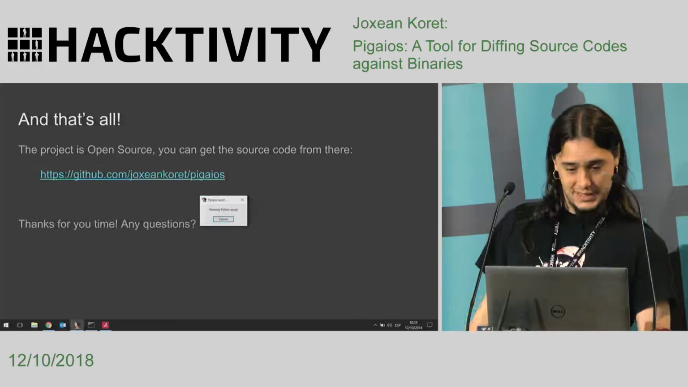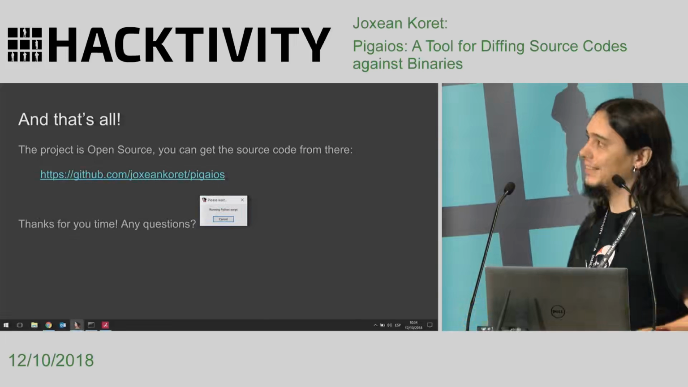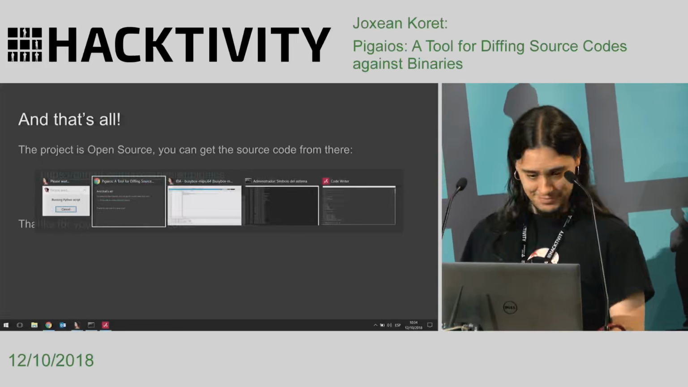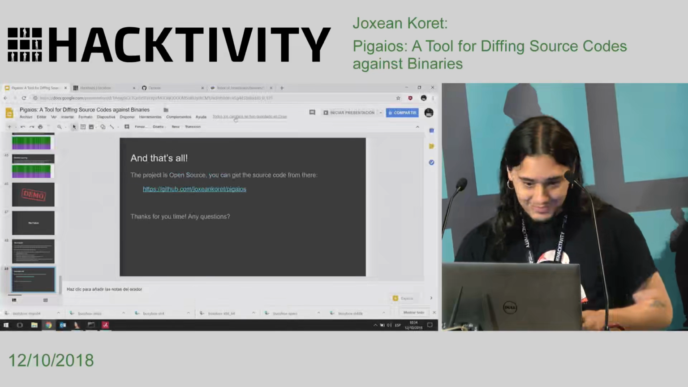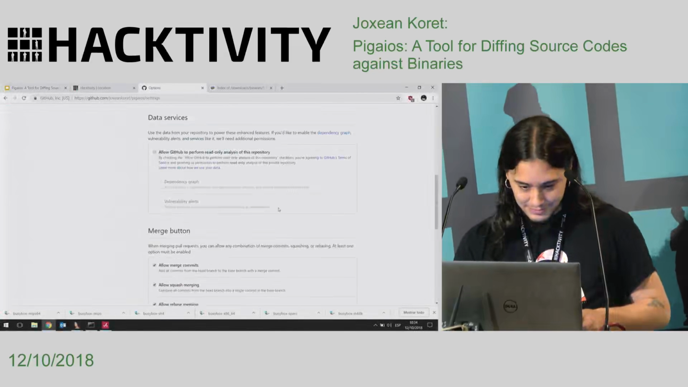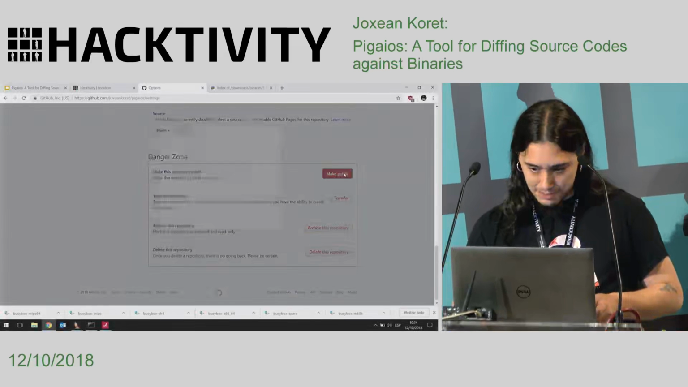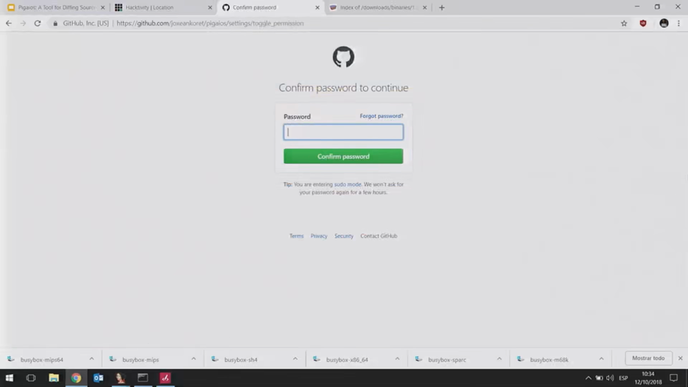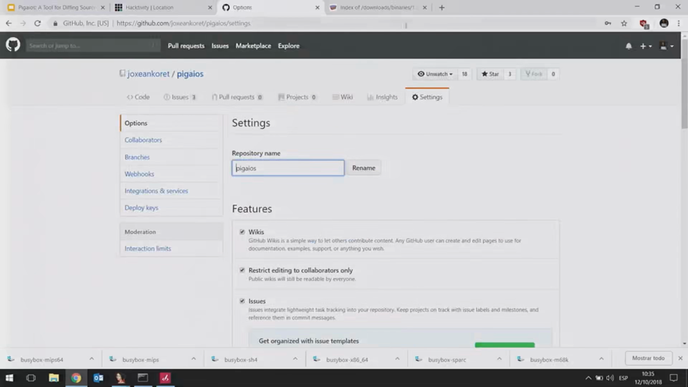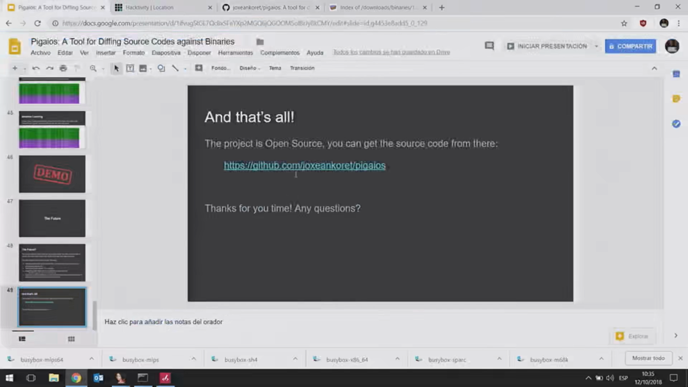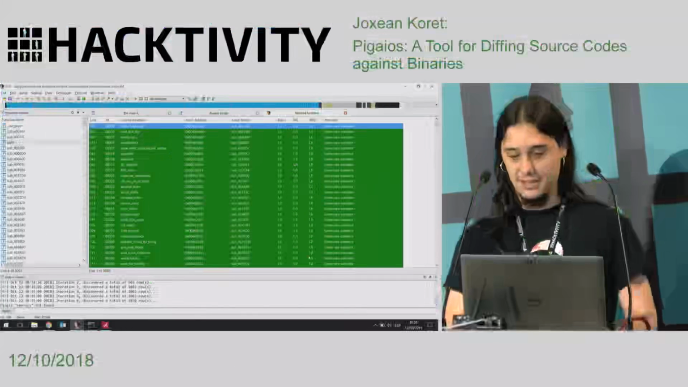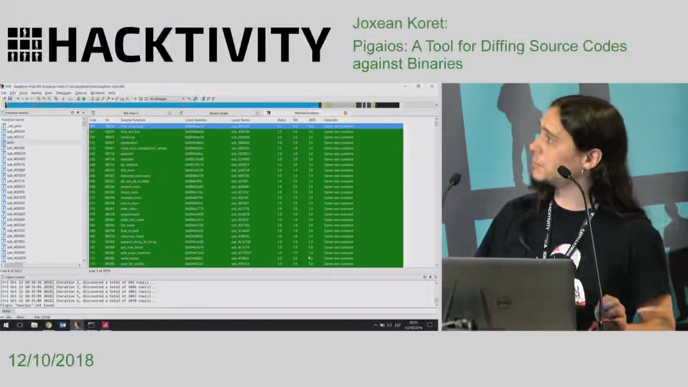Let's see if it finishes. Not yet, but well, the project is open source. If you give me like 2 minutes, I will make it public now. Make this repository public. Nah, it is fine. Fine, it is public now. And the demo. So, I will probably have to change my passwords, but